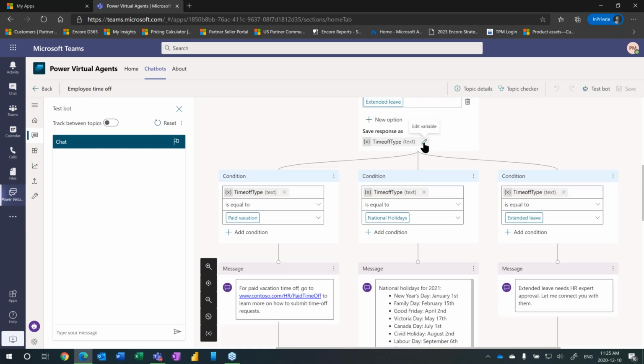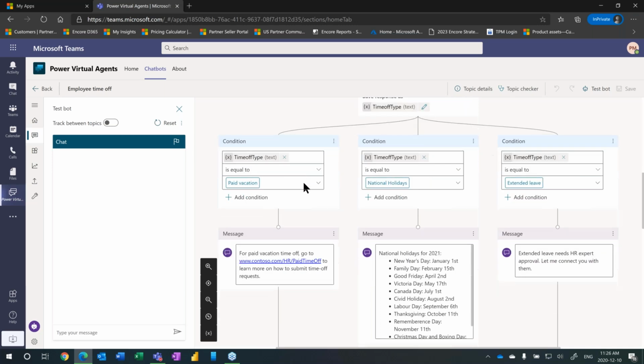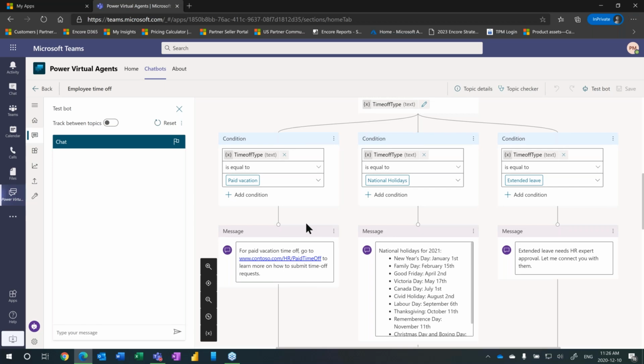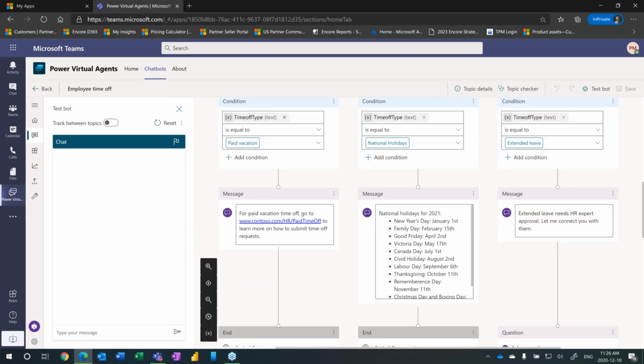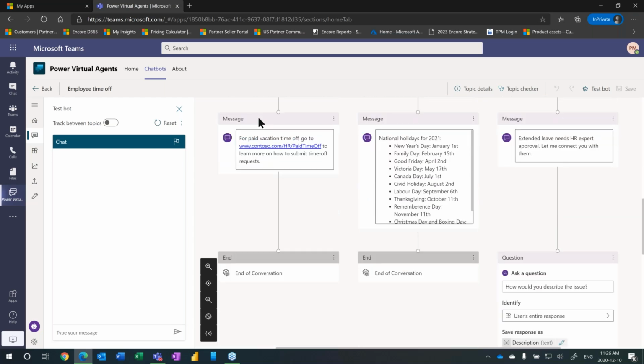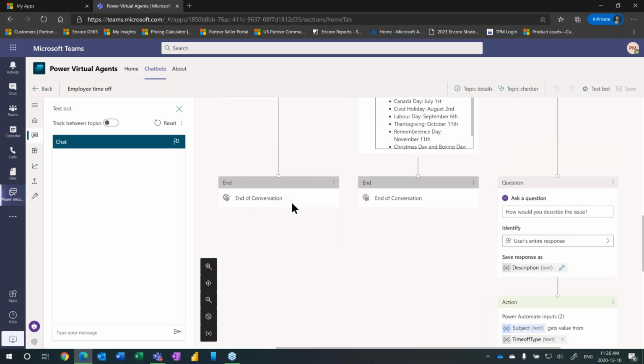What you do want to do when you get to these conditions is click this little edit pencil, because it is going to name everything a default function or a default type. So you want to give it a good name so that you're not having type 1, type 2, type 3, and so on. You want to make it meaningful so that as you're creating these bots, you're able to ascertain what the different functions are doing in which particular bot. And so here is the condition paid vacation. I just created a message node and copied and pasted my message in here that I want them to go to the HR website, and then ending the conversation with a survey.